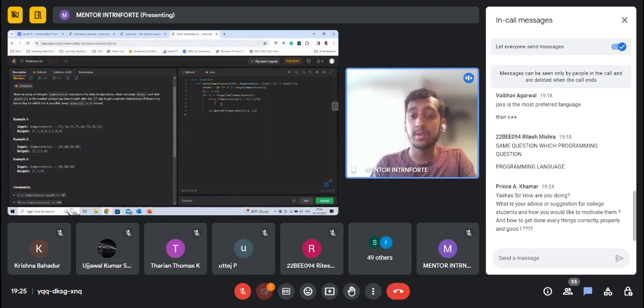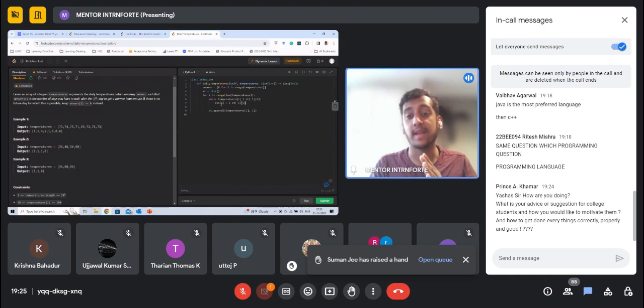So what I have to do is change res of i as i, which is the current index, minus what is on top of the stack, the second element here, which represents my index. Let's say that I encounter a warmer temperature on day index 1.